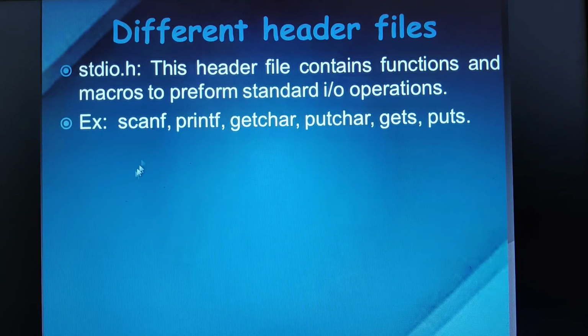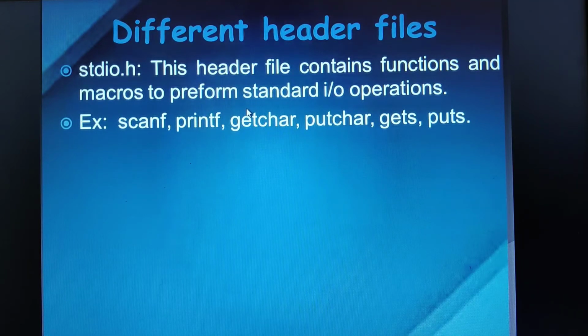Next is printf. Printf is used to display the output on the standard output device, that is the monitor. Like how we have cout in C++ programming, we have printf in the C language. So scanf is a reading statement and printf is for printing the output onto the screen.